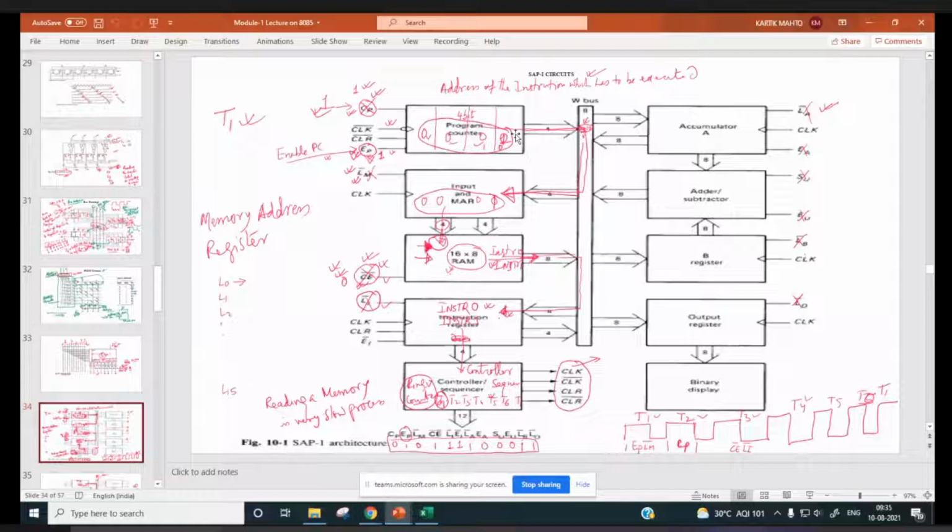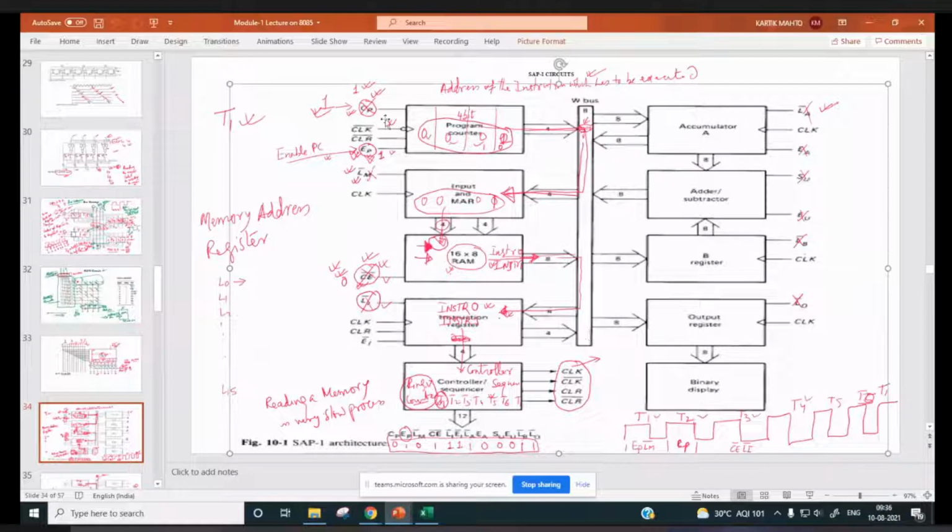So in this SAP1 we discussed program counter, input MAR, 16x8 RAM, instruction register, accumulator, adder, subtractor, B register, output register, and all these components are connected with this 8-bit data bus.